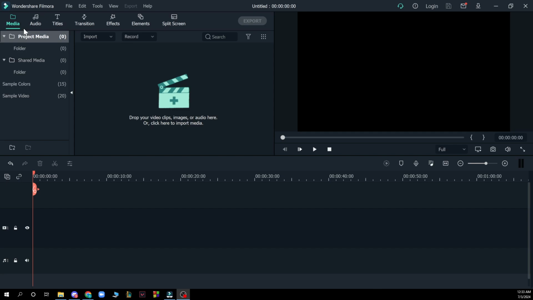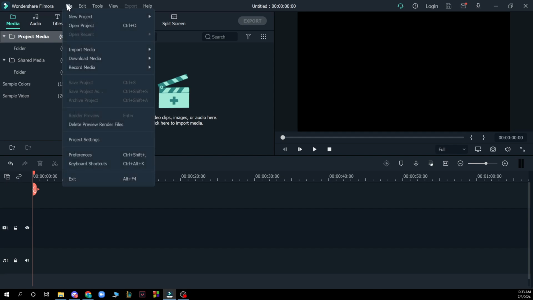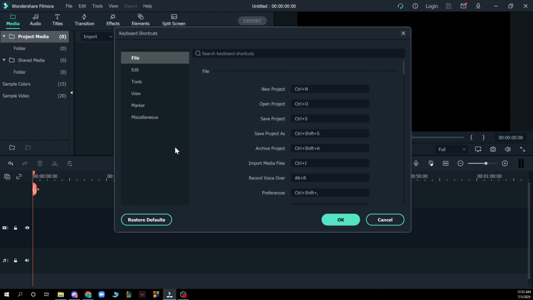It is pretty simple guys, you just need to go and follow these few steps to know how to do it in no time. So first of all, go to File, as we are here in the file, then go to Keyboard Shortcuts, which are here as you can see, or you can just go and click Ctrl, Alt plus K button. This will pop out, and here guys you have all the shortcuts where you can go and change